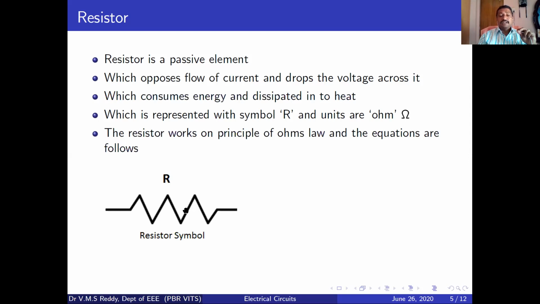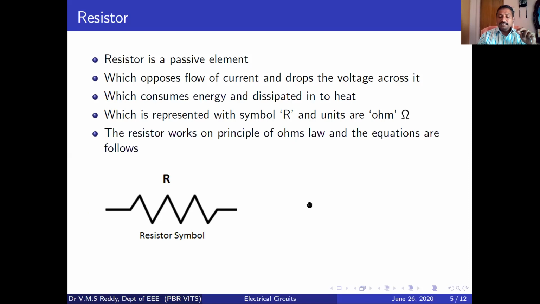And we remember, resistor is a physical device, whereas R is resistance, the property of the physical device. We remember, resistor and resistance are different. Resistor is a device, resistance is the property. So that is very important for engineering students to know in the initial stage. So that is the difference.